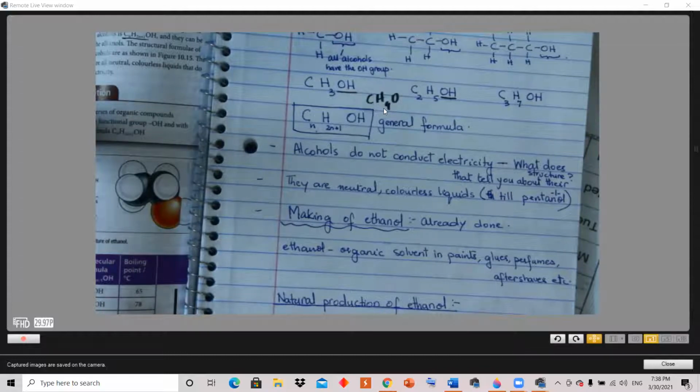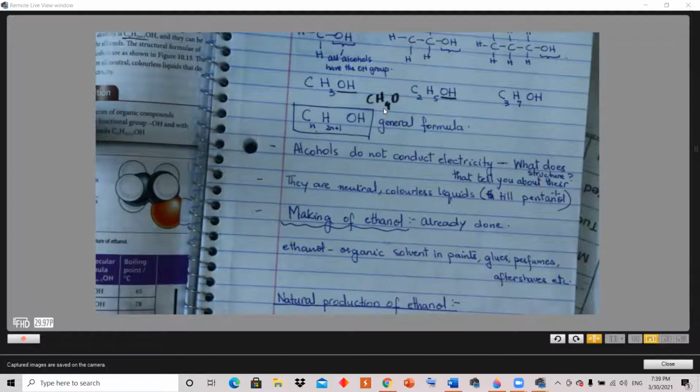But then again, if it's volatile and can dry up on its own, like in dry cleaning, well and good, we won't have to wash. But if we want to wash, then it should be polar enough to get washed away as well. That's called an organic solvent without the use of soap. So alcohol makes a good organic solvent. Why? Because it is non-polar, yes, but it has little polarity.